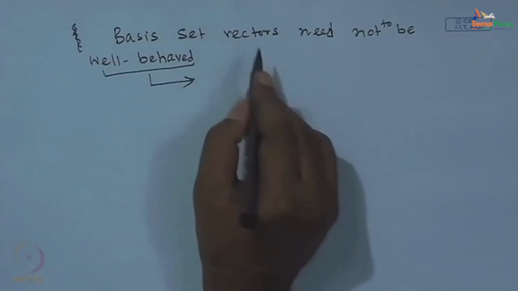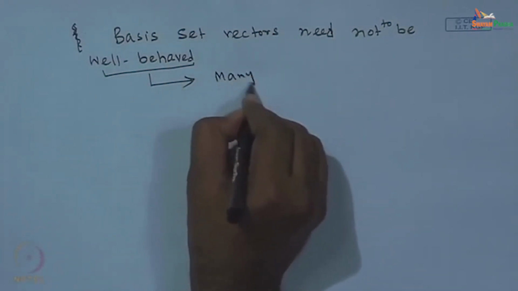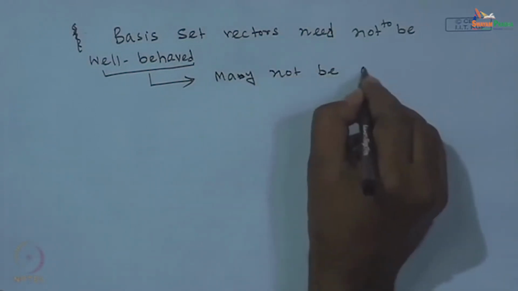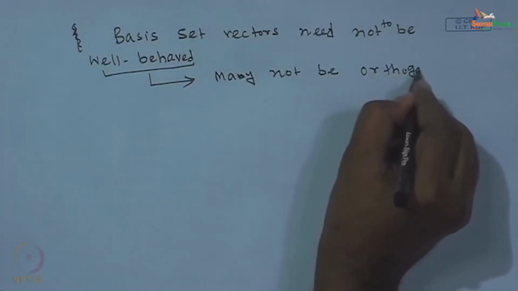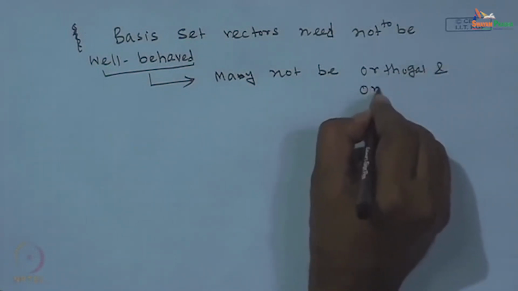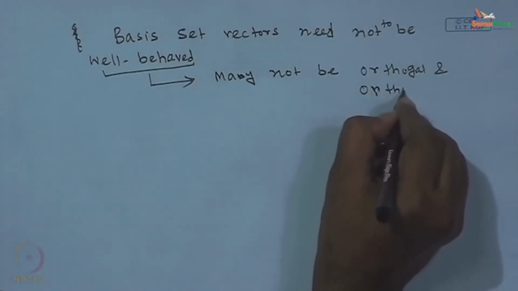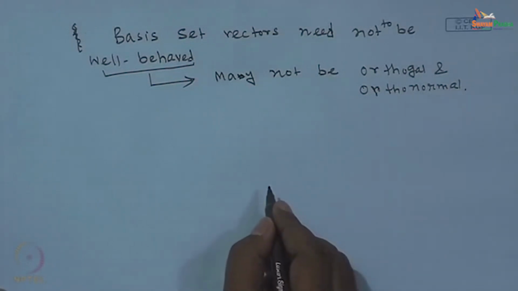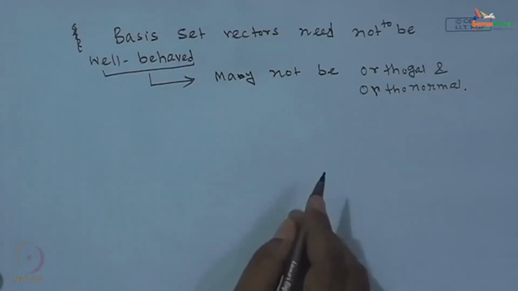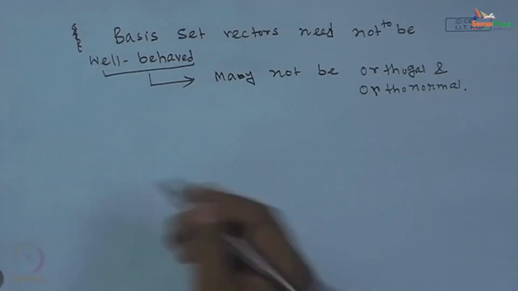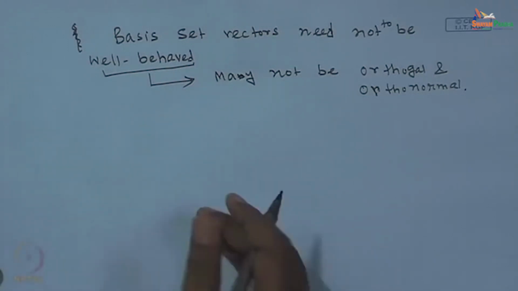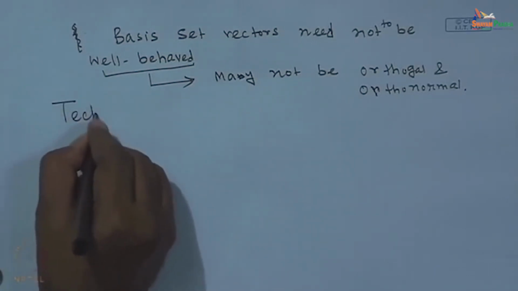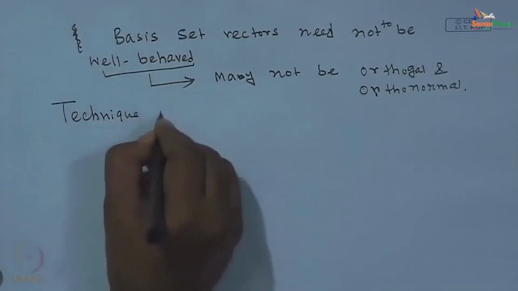That means these vectors may not be orthogonal and at the same time orthonormal. So, for that what you have to do? You have to adopt a technique to make the basis set or independent set of vectors orthogonal and orthonormal. So, a mathematical technique is required